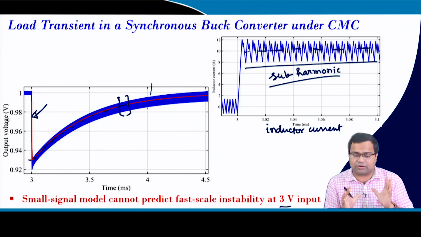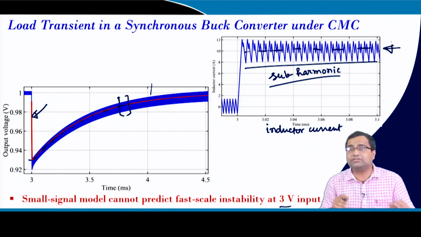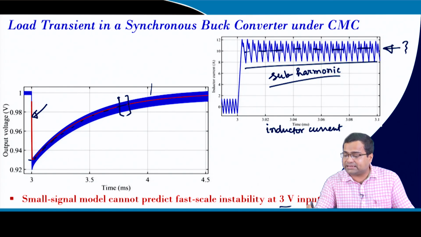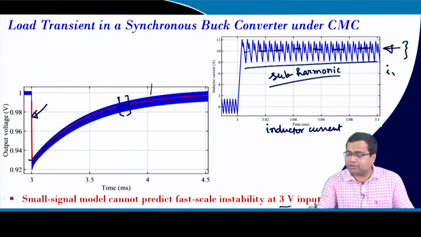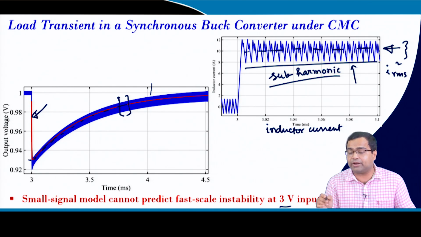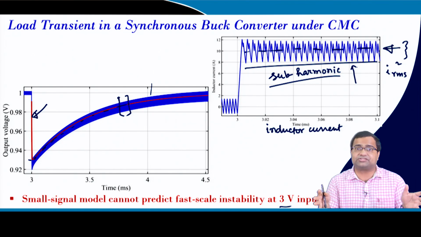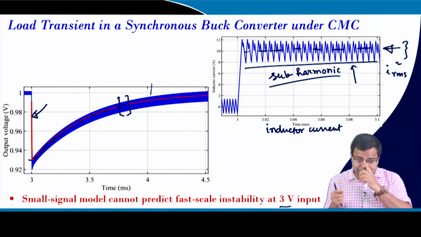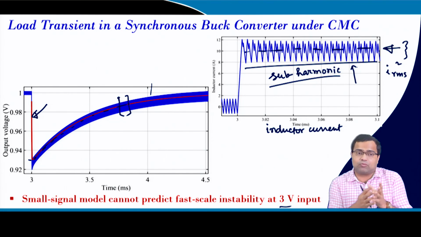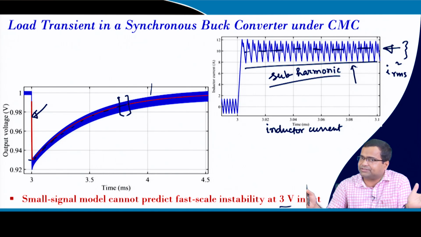But when you implement the controller, in the average sense it works really fine, but you end up with this kind of scenario in actual converter behavior, which is not acceptable, because your ripple has increased drastically, your RMS current will increase drastically, as a result conduction loss will also increase, and you have a subharmonic component with sufficient power at the subharmonic level, and that will really create trouble in your filter design. Okay? That means with this small signal model that we have developed, we cannot go for very high bandwidth, we saw there is a significant deviation.